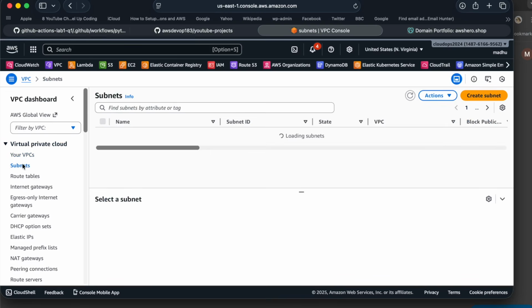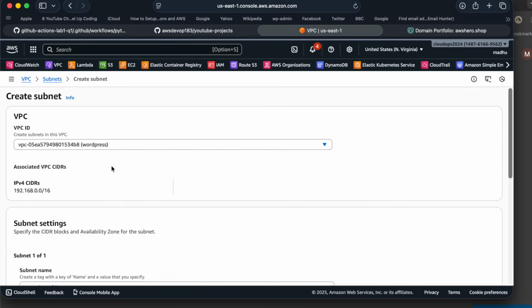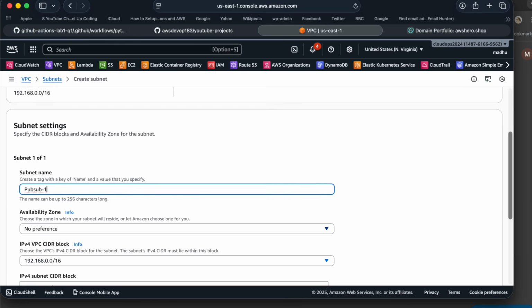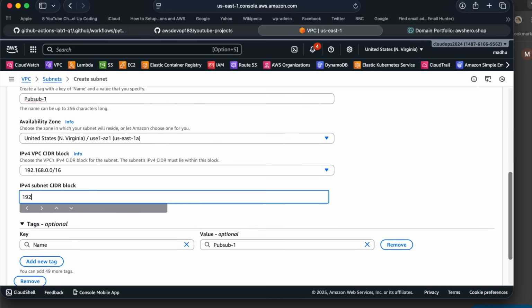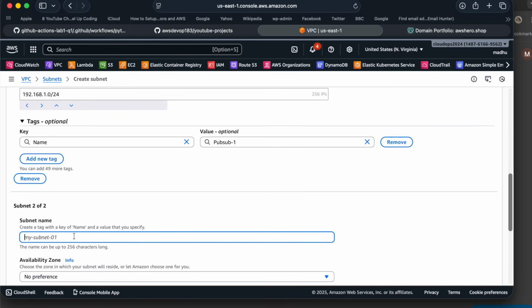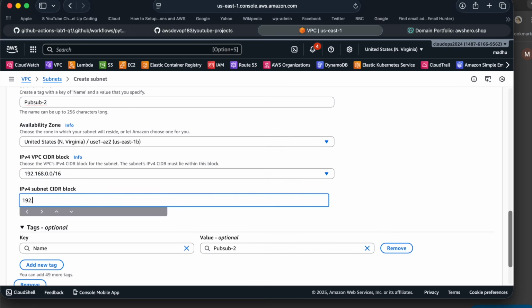Once you do this, jump into subnets. We are going to create 4 subnets, 2 private ones and 2 public ones, and I'm going to choose different AZs for each subnet. I mean for public and private, that's what I mean. So create pub sub 1, and I'm going to use 1A for this public subnet, 192.168.1.0/24. And then one more subnet, pub sub 2. I'm going to choose 1B, and then